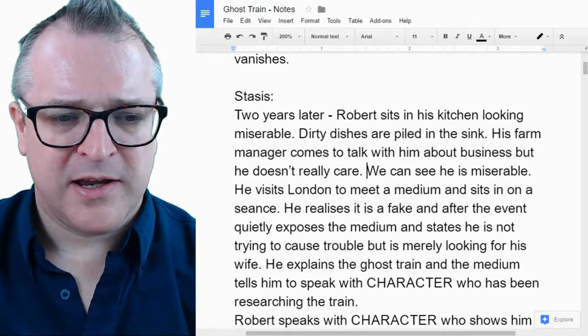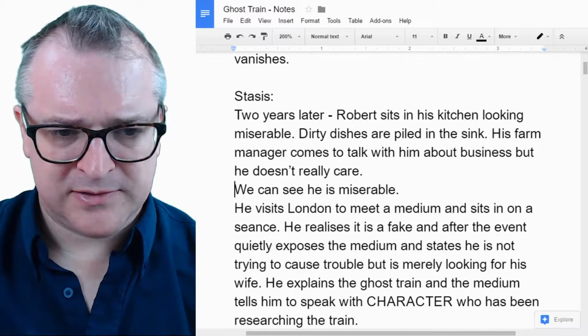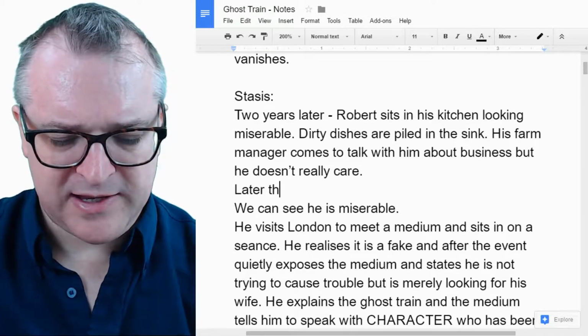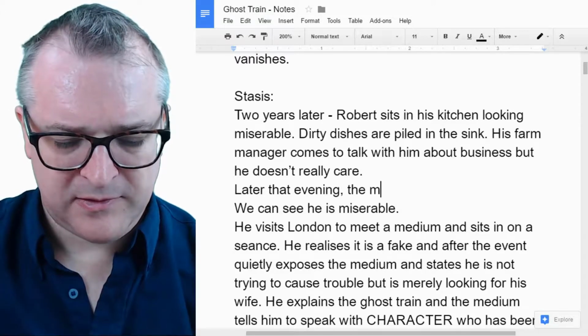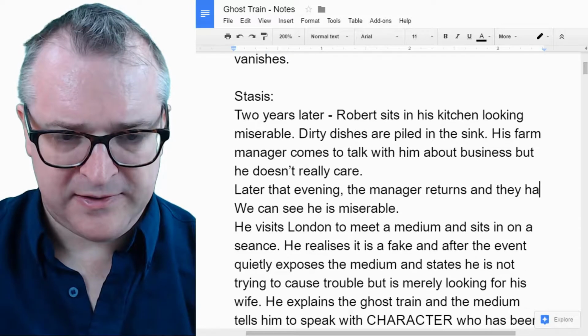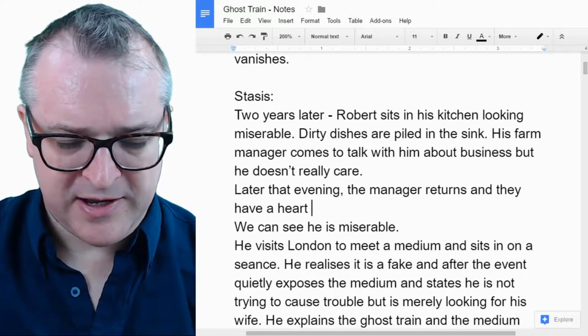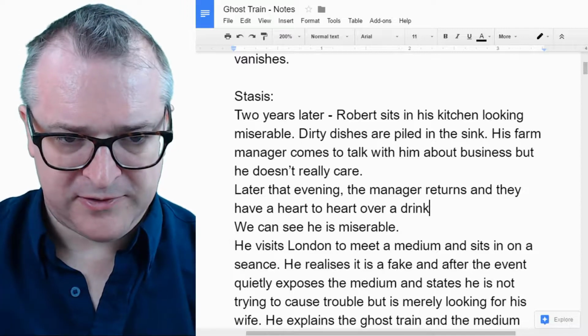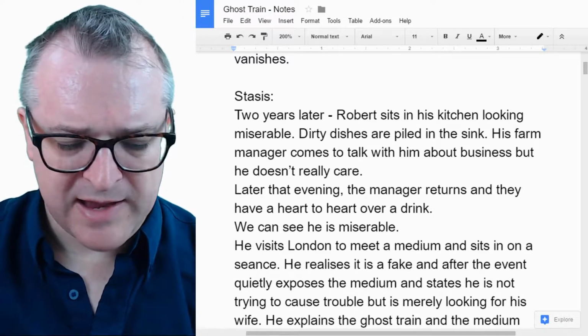We could do that. Let's just put later that evening. The manager returns and they have a heart-to-heart over a drink. And they have a conversation.